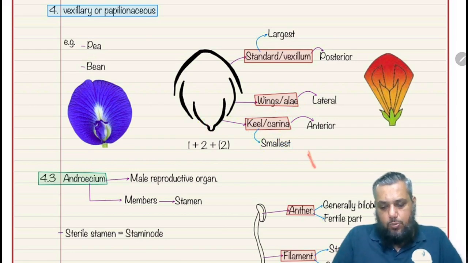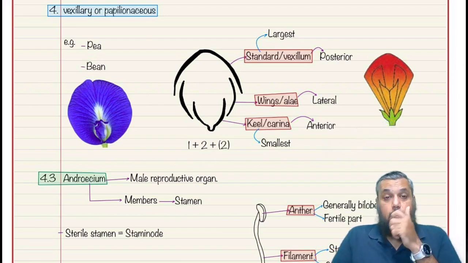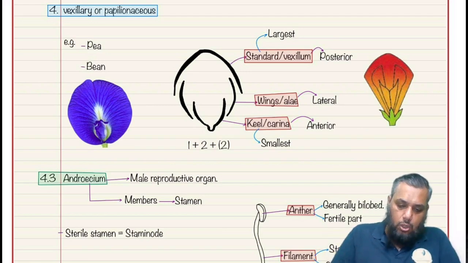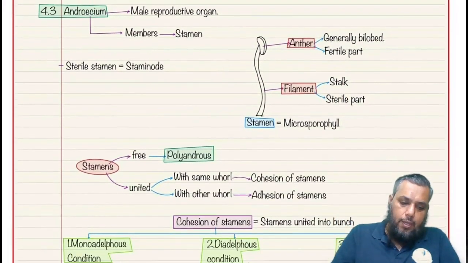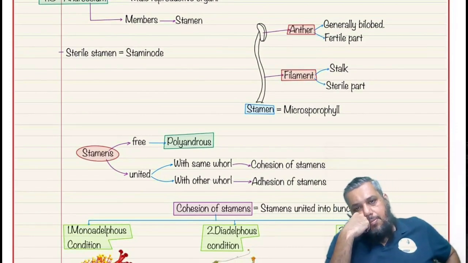तो हम देखते हैं कि फर्स्ट वाला तो एक ही है, दूसरे वाले में फ्यूजन कोहेजन नहीं है, थर्ड वाले में कोहेजन है, सो हम उसको ऐसा ब्रैकेट में लिखते हैं, कोहेजन इज शोन बाय ब्रैकेट, ओके, एंड इट इज सीन इन द पैपिलियोनेसी फैमिली। इसमें पी, बीन्स वगैरह एग्जाम्पल्स में आएंगे। तो ये था एक फ्लावर के एक्सेसरी वर्ल्स के बारे में, जिसको हम कहते हैं नॉन एसेंशियल वर्ल्स।